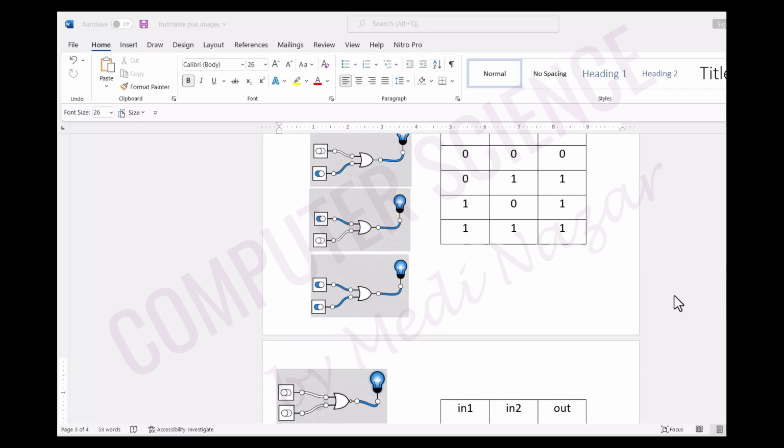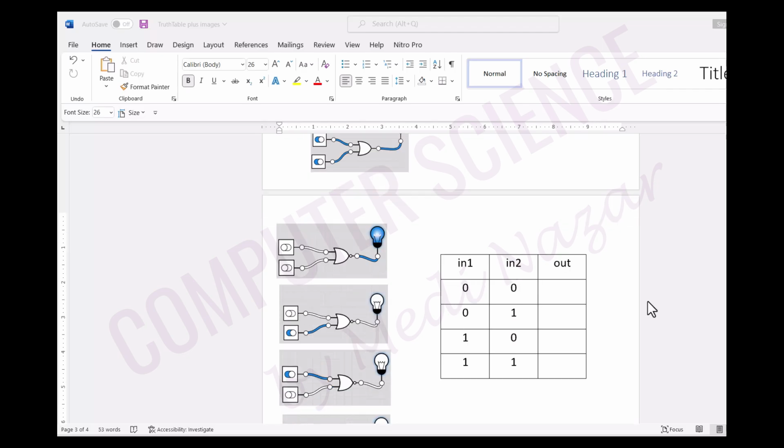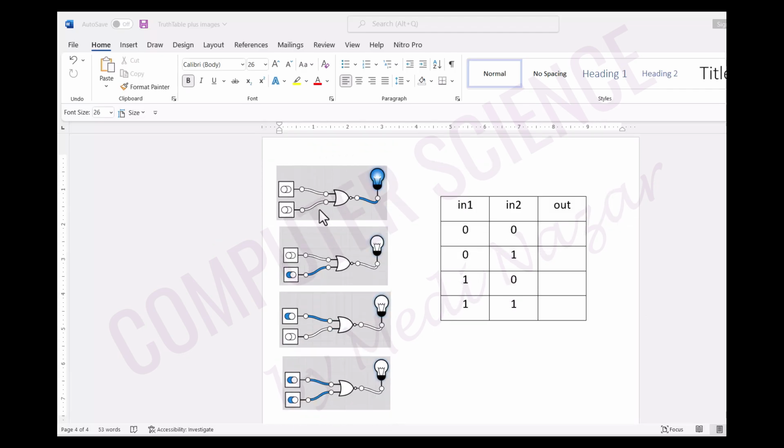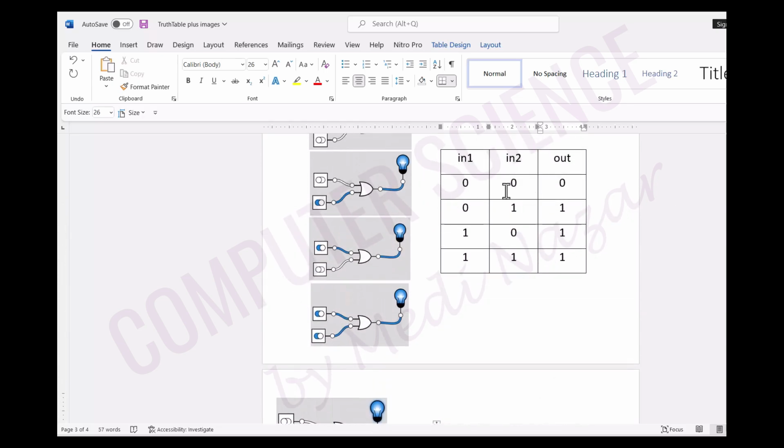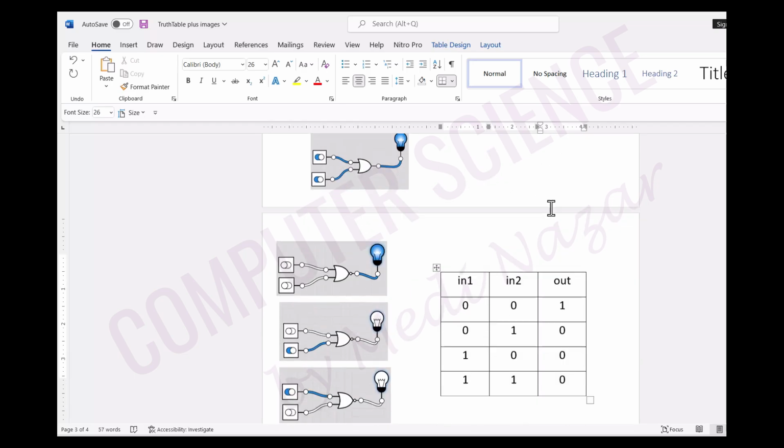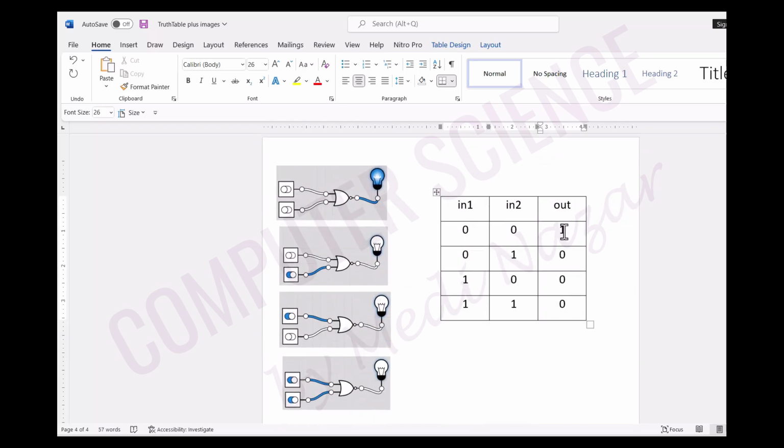And here for the NOR gate, this is what we got: when the two inputs are off, the light bulb is on. That's the only time the light bulb is on. In this truth table, we can have output 1 if the two inputs are off. And then for the other input combinations, the output is off. Okay, so let's go back to this. Here, the only time it is off is when the two inputs are off. And here, it is only on when the two inputs are off. The NOR gate is the opposite of the OR gate.